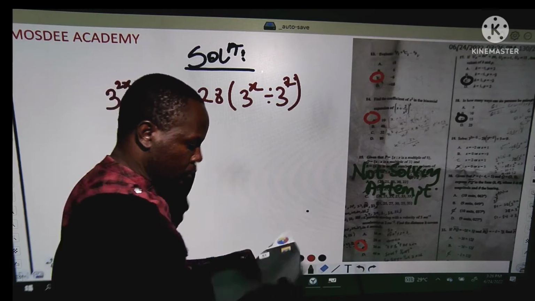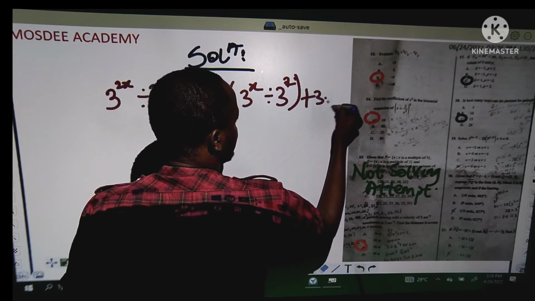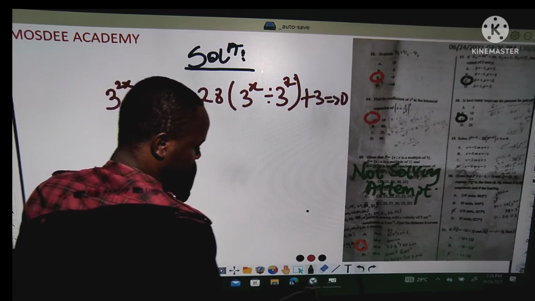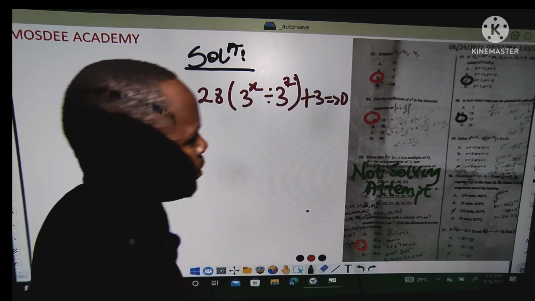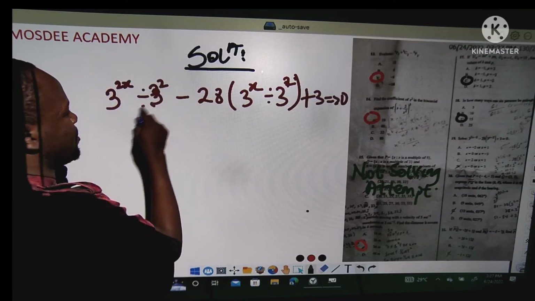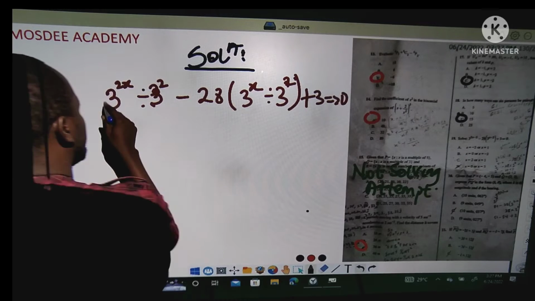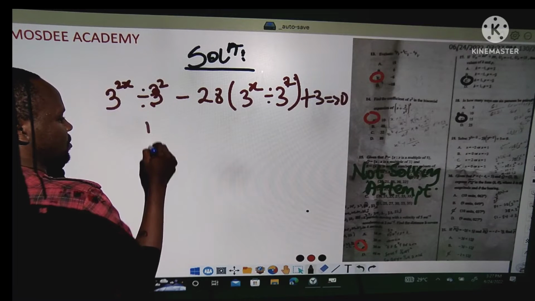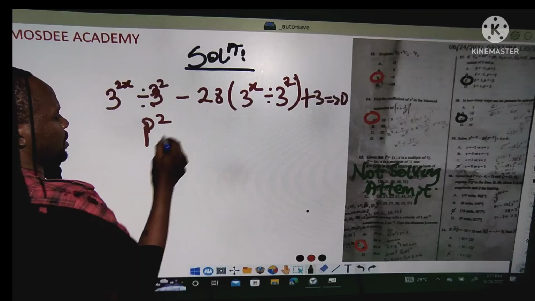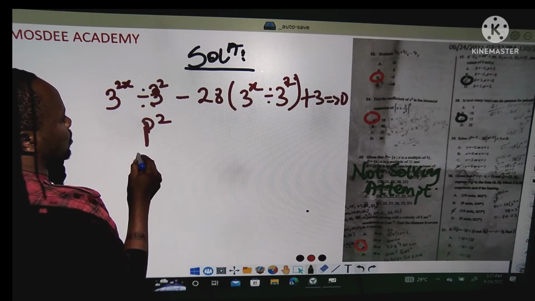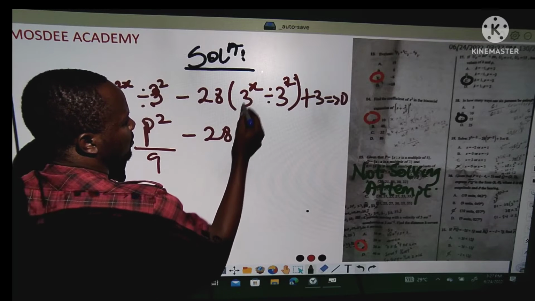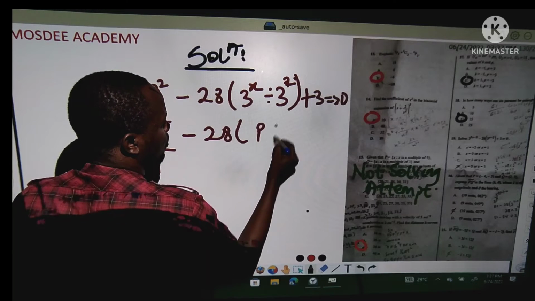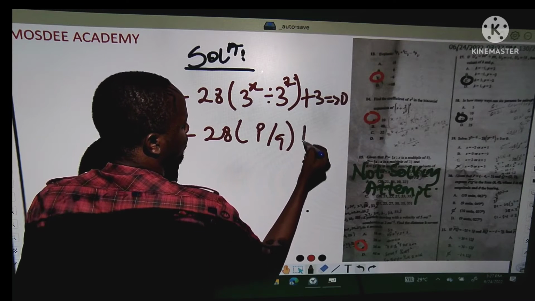3 raised to power 2 plus 3. This is slowing me down a lot. I don't know why it is hanging. What can be the issue? So what I want to show you is a simple thing. I will say let p equals 3 raised to power x. I'm going to have p raised to power 2 over 9 minus 28p over 9 plus 3